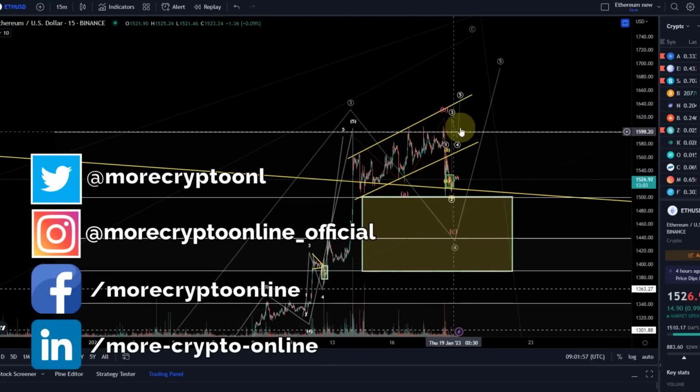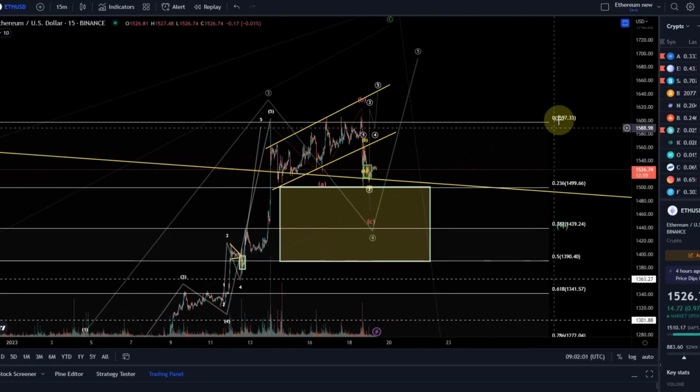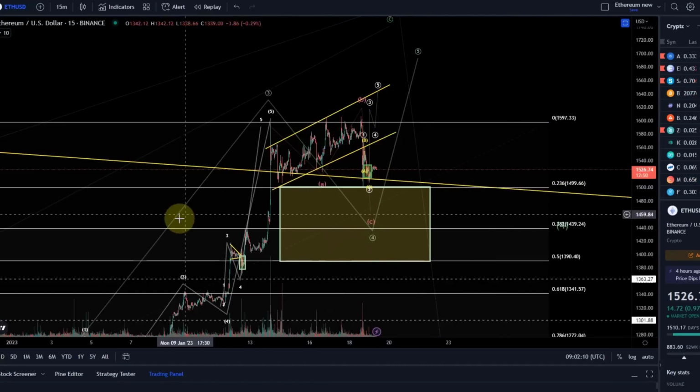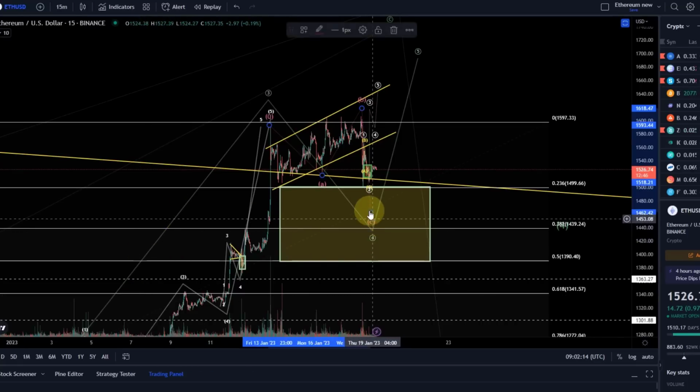Ethereum also, like Bitcoin, came down yesterday, however, and did hit the $1,500 level pretty much. So it hit the 23.6 fib level. We now need to be watching if the test of the 23.6 fib level was enough to complete this C